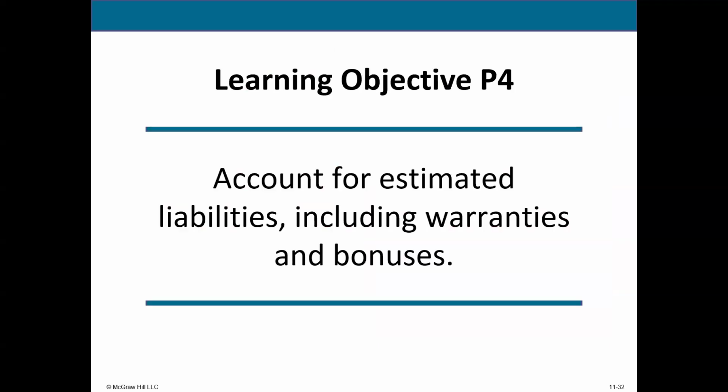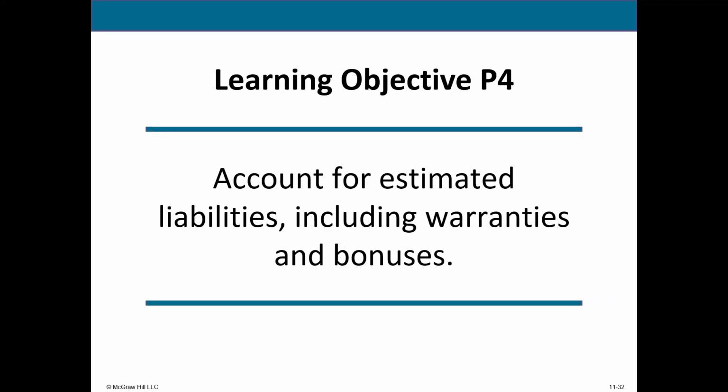The next thing I'd like to do is talk about what we call estimated liabilities. If something is probable, meaning there's a good chance of something happening, we estimate it. If it's not probable, meaning very low chance of something happening, then we just disclose it in the financial statements as notes. But if something is definitely probable, meaning yes, there's a good chance that this will happen, then we